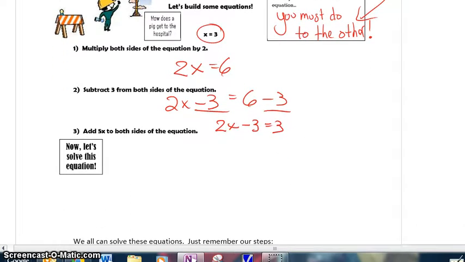This is getting a little messy, and I apologize for that. It should be a little better, but bear with me here. Okay, we're going to add 5x to both sides of the equation. Add 5x to both sides of the equation. It should look like